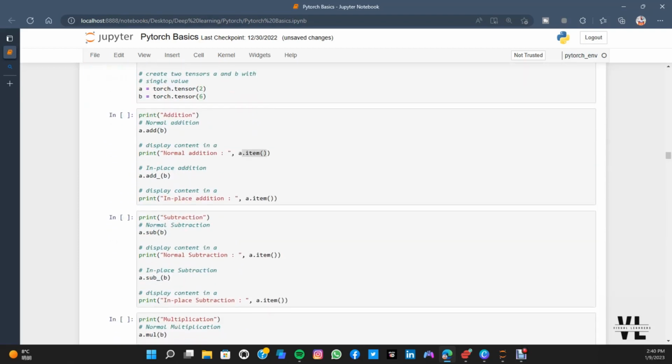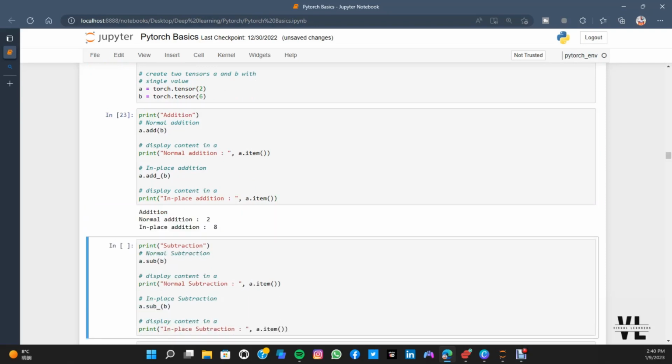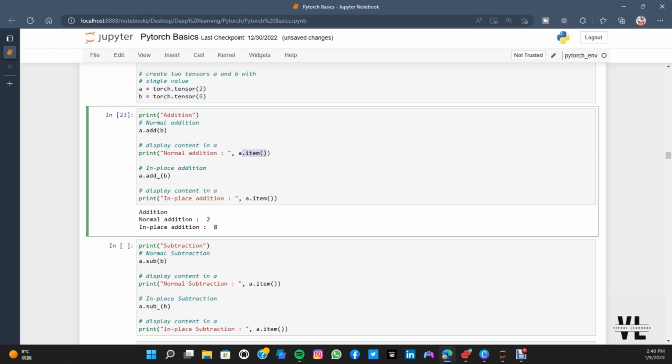So since we want to see the number 2 and not the tensor object 2, we can use the item method. Here you see that we do not have the tensor function, we only have the element 2 because we called the .item method. The normal addition is basically adding b into a,